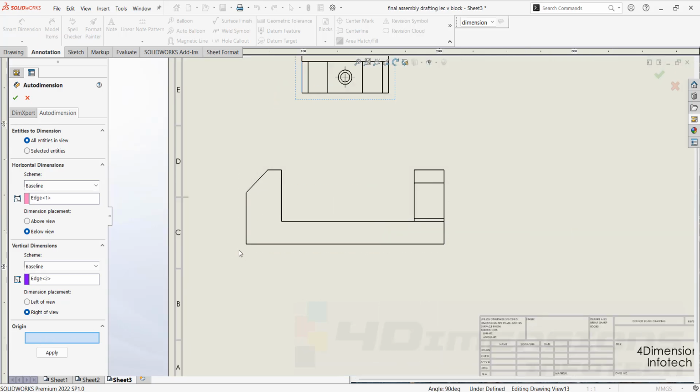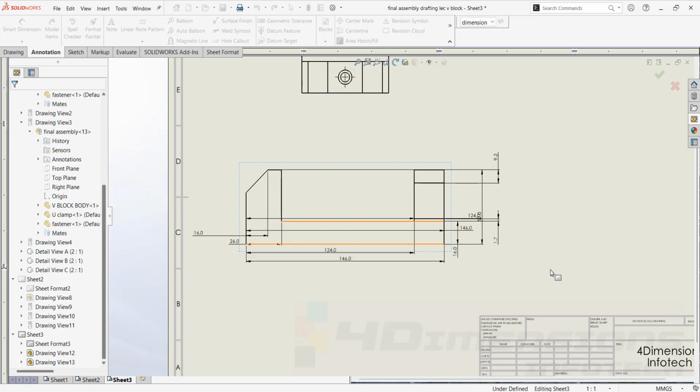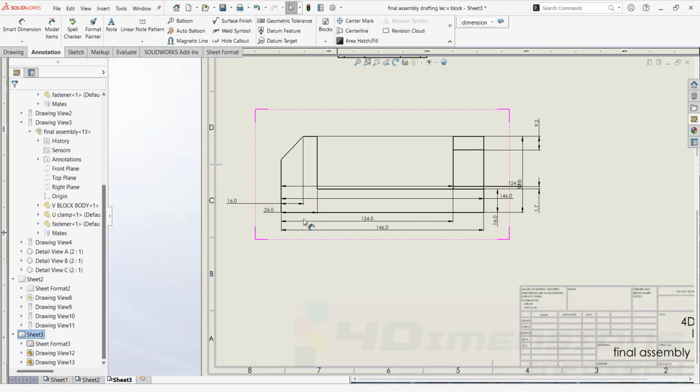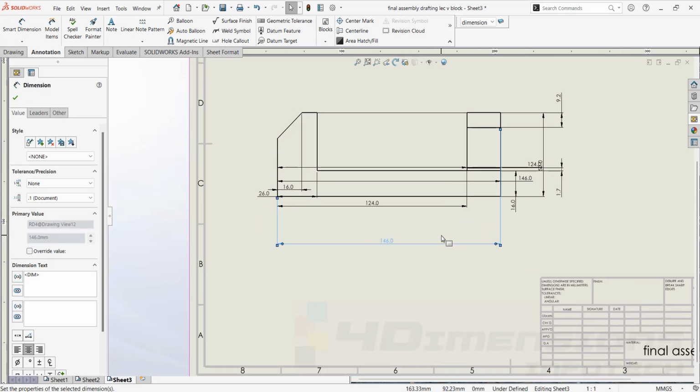Select this point. Here you need to clear the selections which were made earlier and then go for the selection of origin. So I'll select this as an origin. Next I need to give horizontal and vertical references here. So for horizontal I'll select this edge and for vertical one I'll select this one. I'll say OK. So here also you can see by default dimensioning has been provided, but the same drawback is